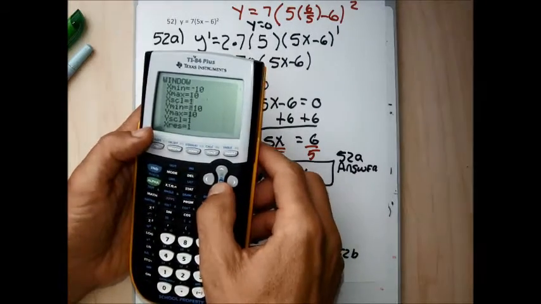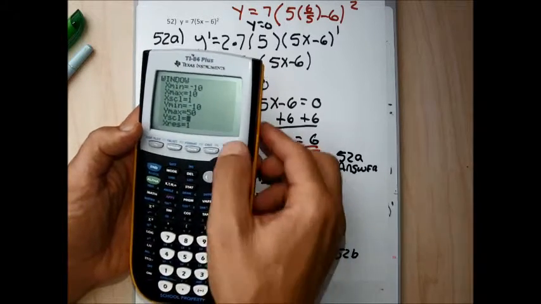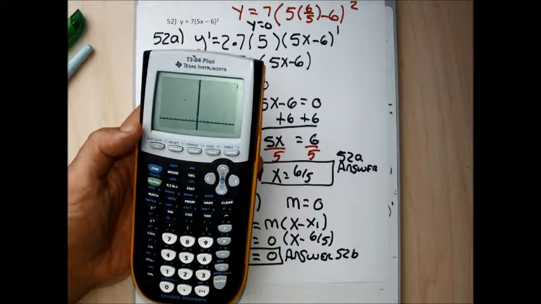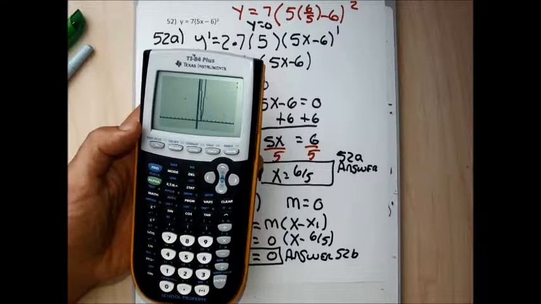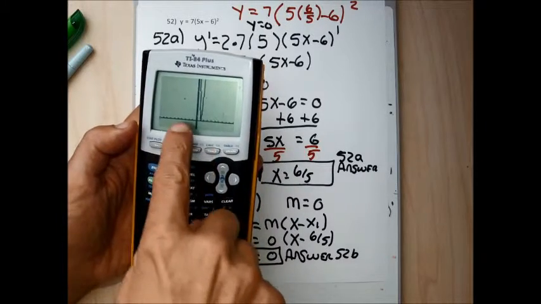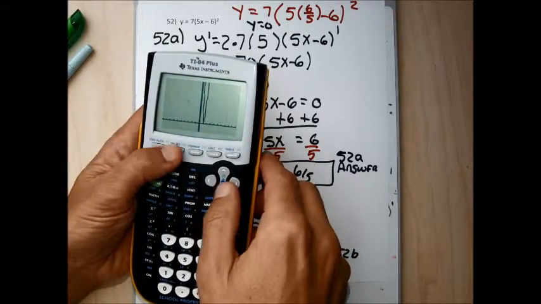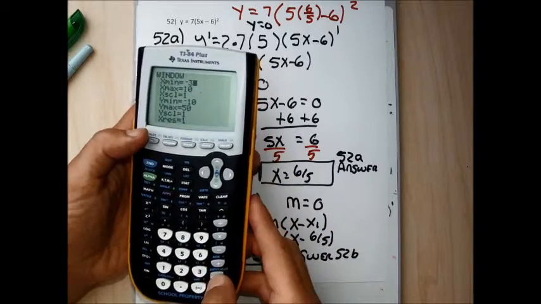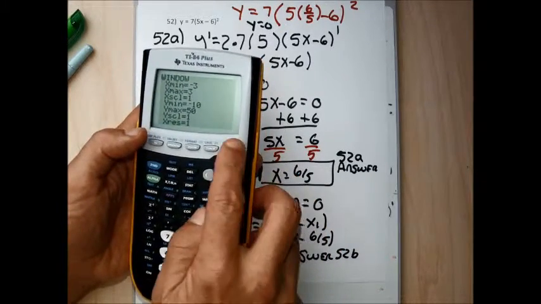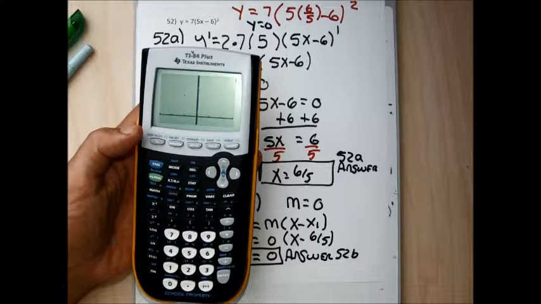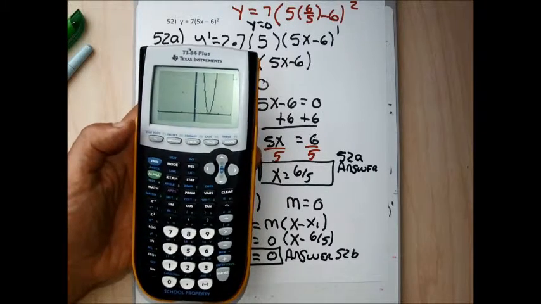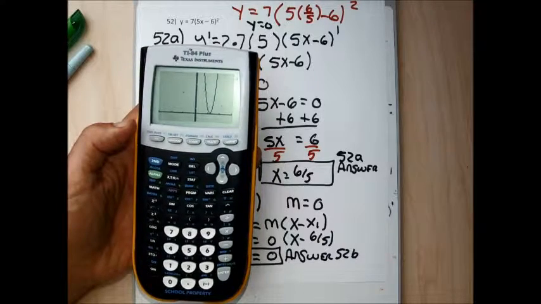Go y equals, I'm going to make this y up to like 50 so it doesn't look so funky. And still looks so funky. It looks really pointy, but it is a parabola. It's just that my window's not so good. Let me really work on my window more. I'm going to crunch the x's now just to get you a better picture. That's getting better. So it's a parabola, but you needed to really get a window that was unexpected to get